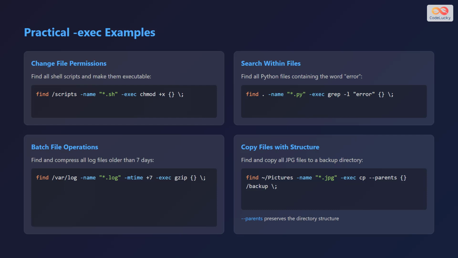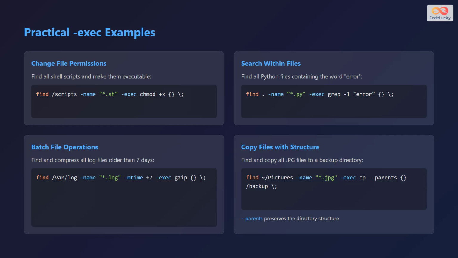Here are some practical examples of using the -exec option. To change the file permissions of all shell scripts in the /scripts directory to make them executable, use the command find /scripts -name "*.sh" -exec chmod +x {} \;. To find all Python files in the current directory containing the word error, use the command find . -name "*.py" -exec grep -l error {} \;. To find and compress all log files in the /var/log directory older than 7 days, use